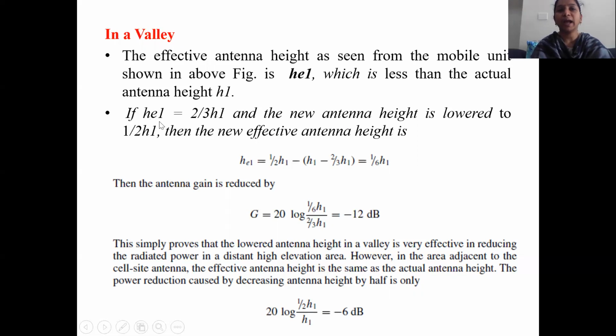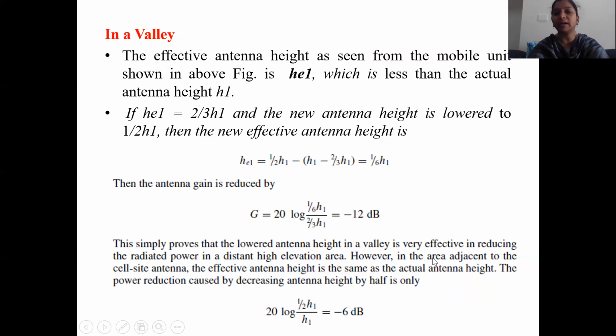If we take he1, the effective antenna height from the mobile unit, as 2/3 h1, and the new antenna height is lowered to 1/2 h1, then the new effective antenna height is half h1 minus 2/3 h1, that is minus 1/6 h1. Then the antenna gain is reduced by 20 log of 1/6 h1 by 2/3 h1, the new antenna height. We get minus 12 dB. This simply proves that lowering antenna height in a valley is very effective